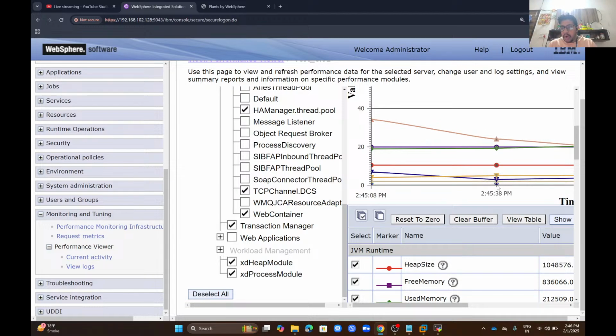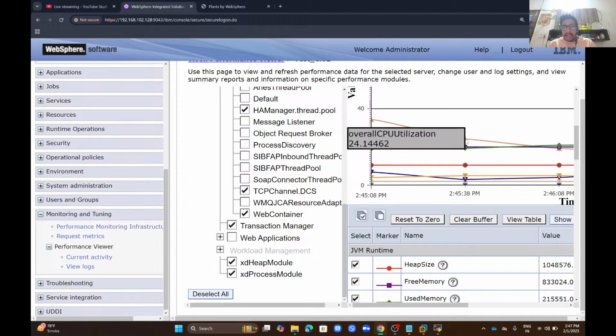Now create count. Now pool size is 20 and the used memory is 19. Now overall CPU utilization is 24.14462. See, it shows clearly and is visible. Now it shows 24, used memory